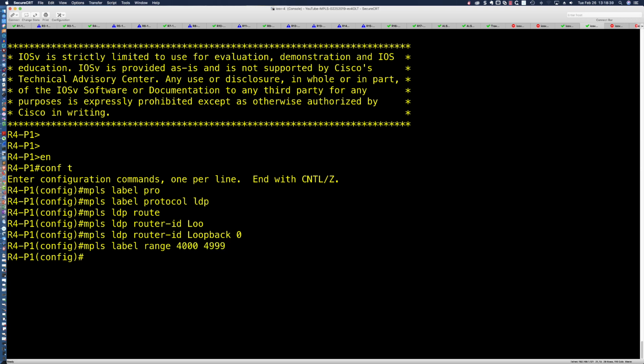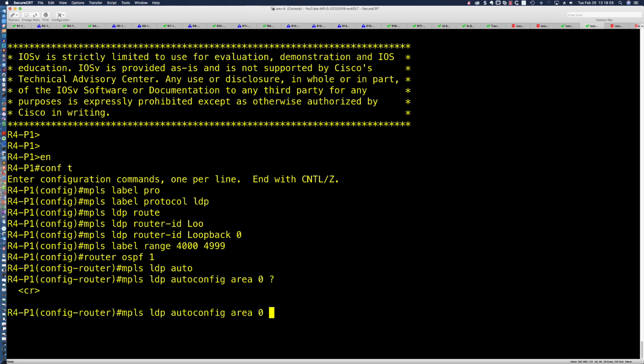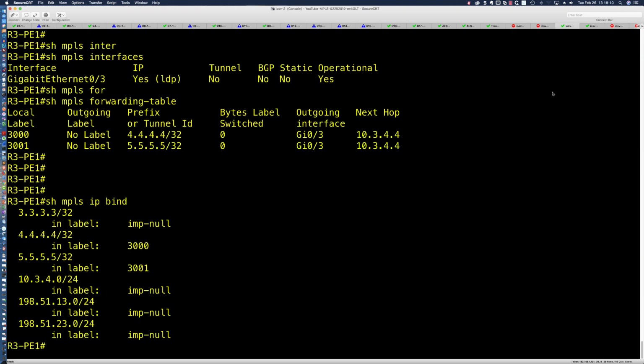That way it's nice and easy to understand. Now remember, I told you there's two ways we can kick off the LDP process. I can do it on a per interface basis, or I can go into router OSPF and say mpls ldp autoconfig area 0. Excuse me, and that's it. And what that means is that every interface on this router that's in area 0, I'm going to run the LDP process on. Now, before I hit enter here, let me step back real quickly to router 3,